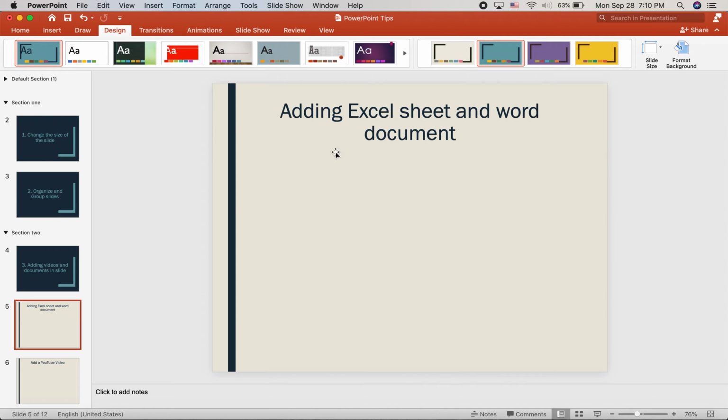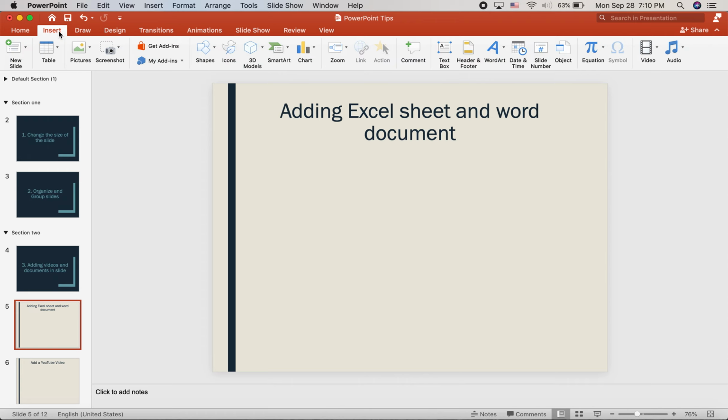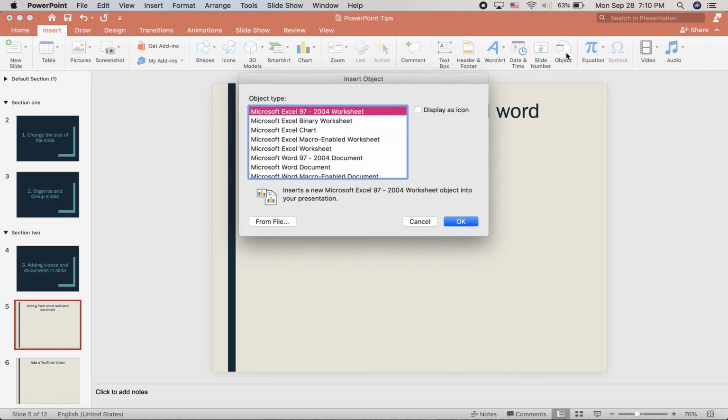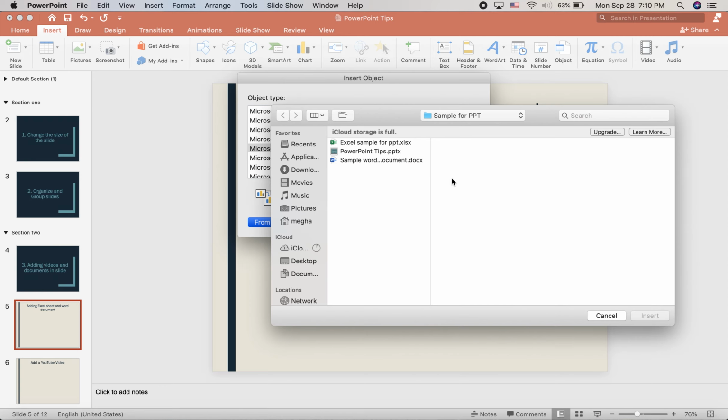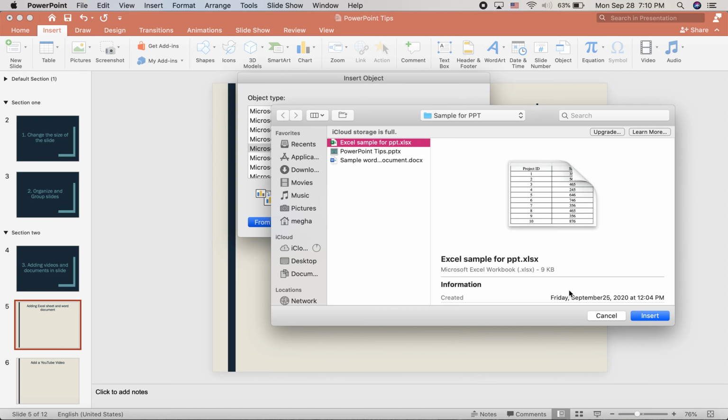Suppose if you want to add an Excel sheet or a Word document into your slide, let's click on Insert, go to Objects. Suppose you want to add an Excel sheet here, click on Select Excel Sheet, then from File option it will go to a folder, and then you can select the folder where you have saved your file, and then just click onto the file that you want the data that needs to be embedded.